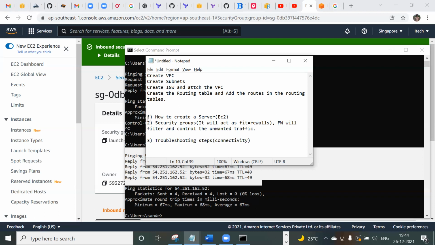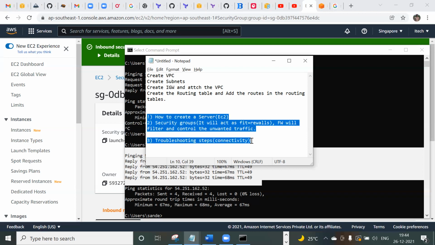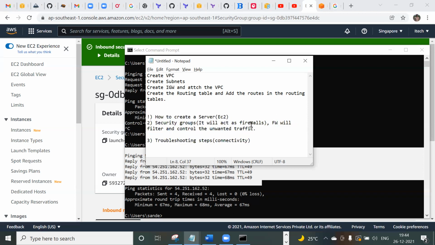So these are the three points we learned in today's session. So guys, any questions, any doubts with the three steps?